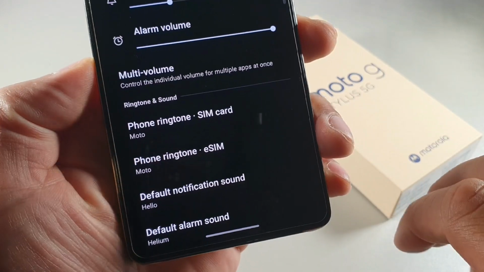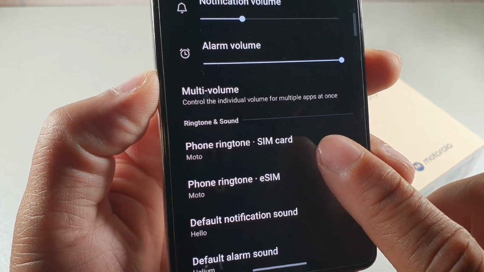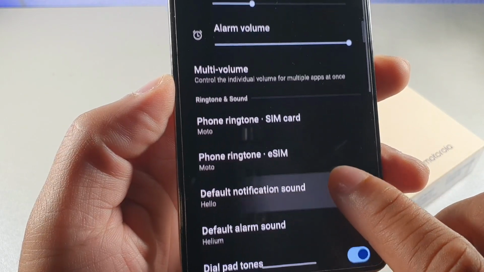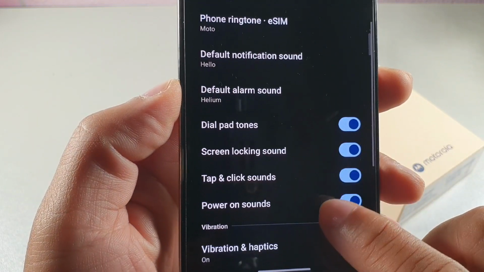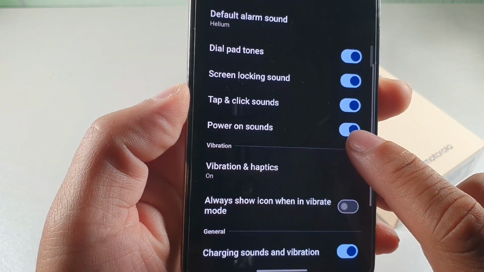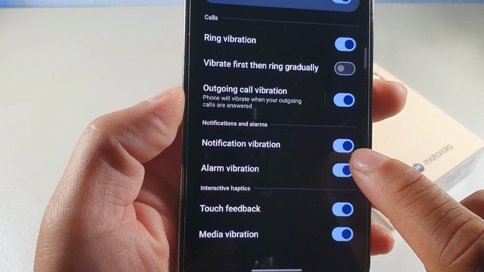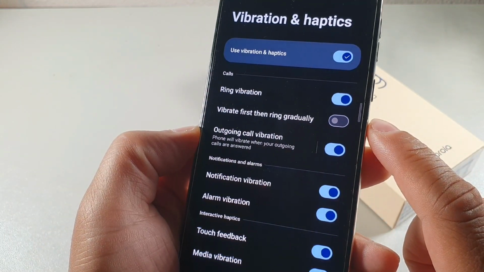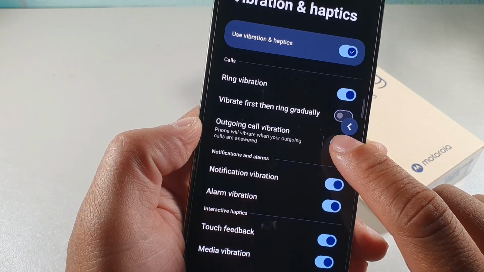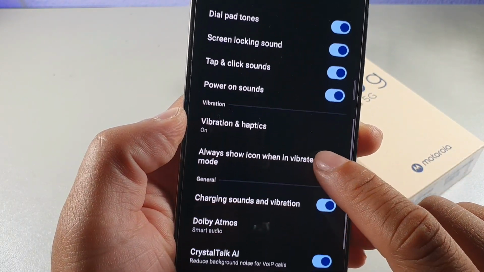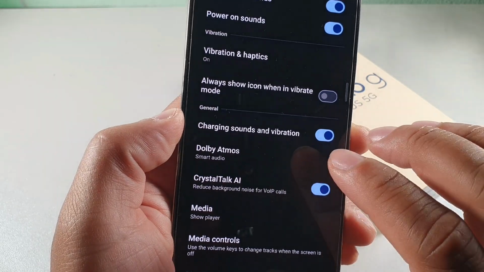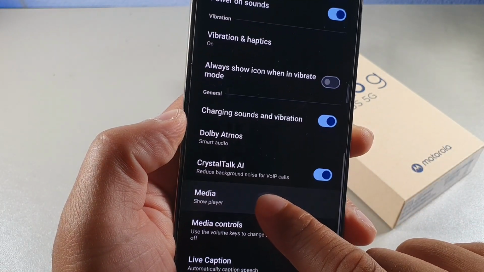And then you do also get the ability to change your ringtone for your SIM card as well as your eSIM on here, so you can actually choose different ones from the other. You also do get your vibration haptics, and so you can get those when you're getting a phone call and things of that sort. And then you also do have Crystal Clear Talk AI, which is going to reduce background